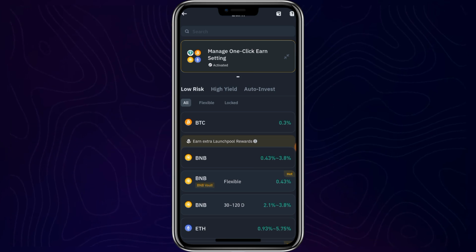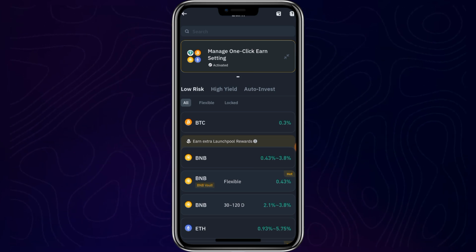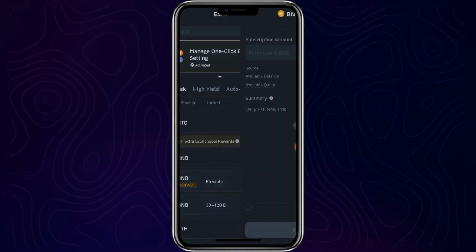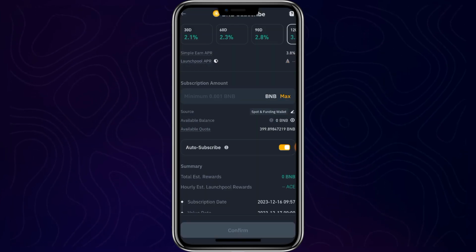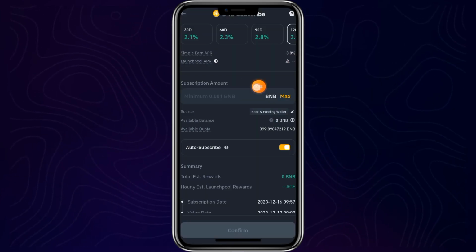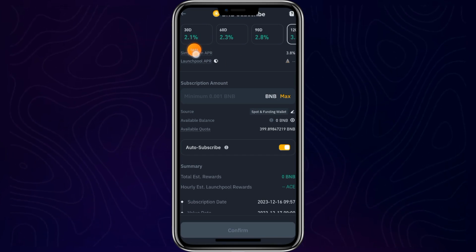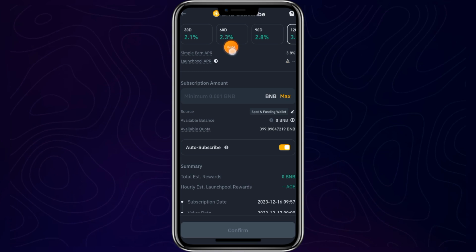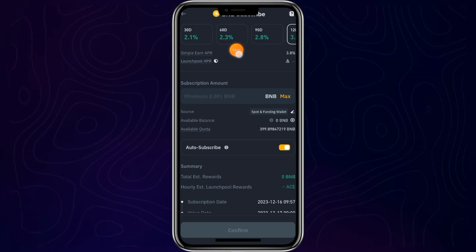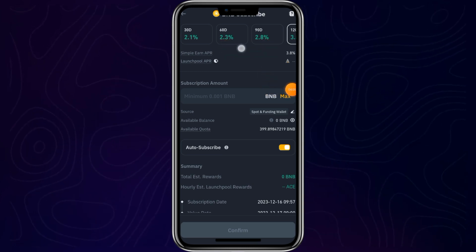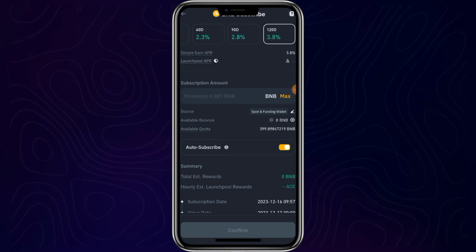Should we go with the lock or the flexible? Right, let's start with the lock and see what is there. So you tap on this, and once you come here, you see the options available over here. For 30 days lock, you have 2.1% return. 60 days lock, 2.3, 90 days lock, and we have the 120 days lock, that's